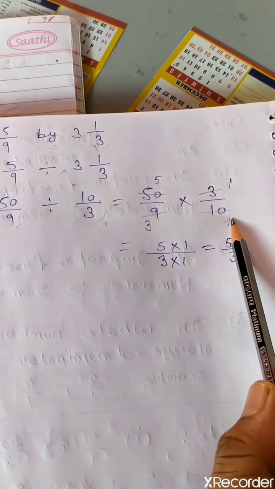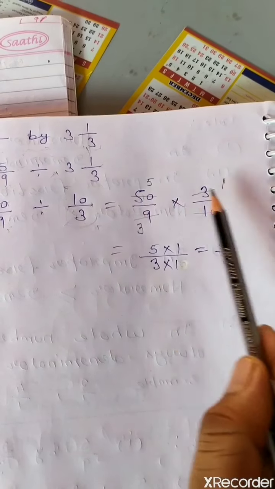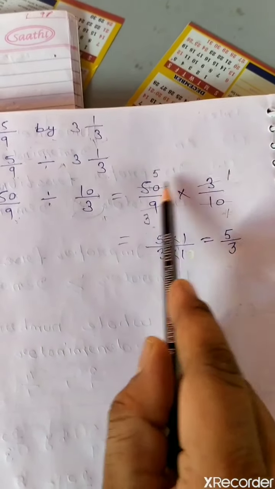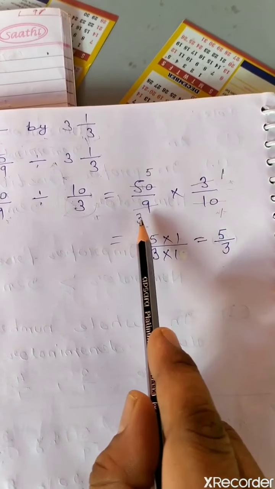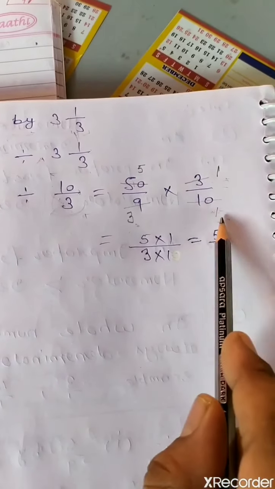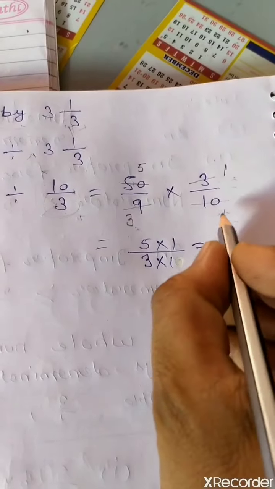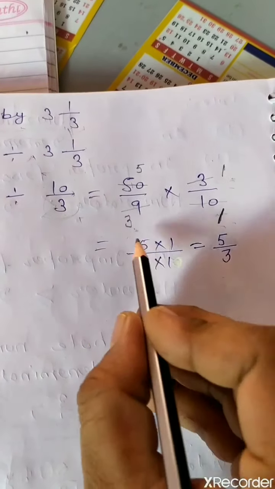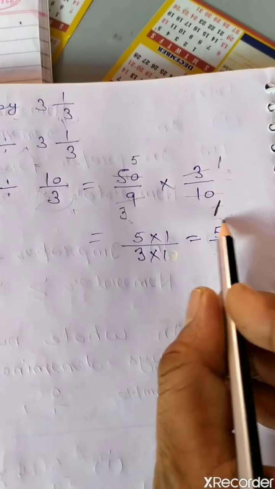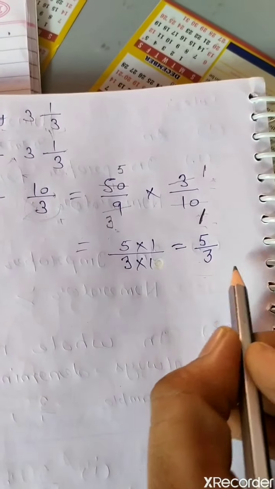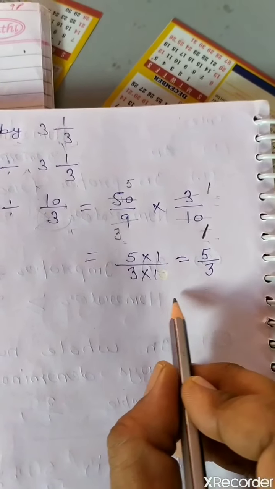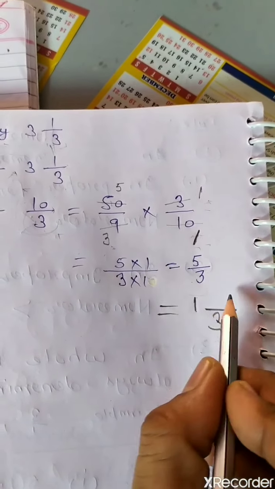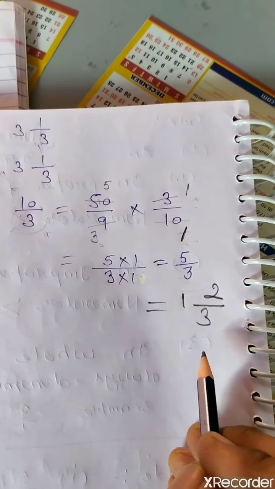Now we can divide: 10 into 5 times, this 50 is divisible, and 3 into 3 times this 9 is divisible. So the answer is at the numerator 5 into 1 and then at the denominator 3 into 1. It is divisible one time. So 3 into 1 upside 5 into 1. So the answer is 5 by 3, that you can convert into a mixed fraction also. Which will come, 3 into 1 time, 2 is remainder. So 1 whole 2 by 3.